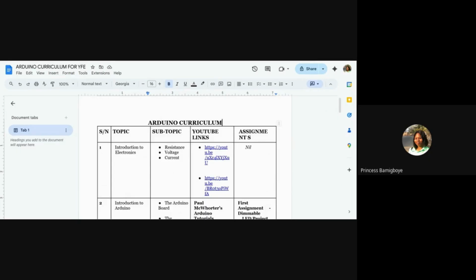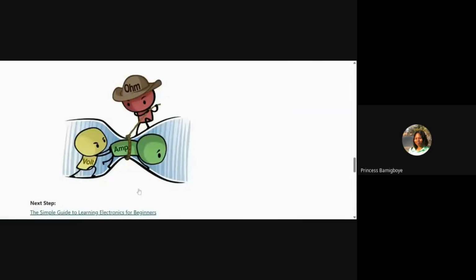Then current is essentially the flow of electricity in a circuit. A simple illustration is this. As you can see from this image, we have resistance measured in ohms, voltage measured in volts, and current measured in amps. And this is the circuit that this electricity is trying to flow through.